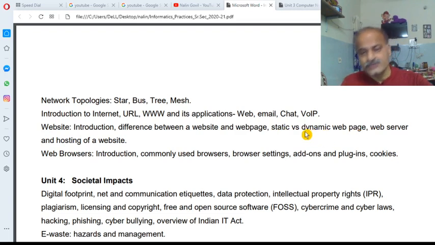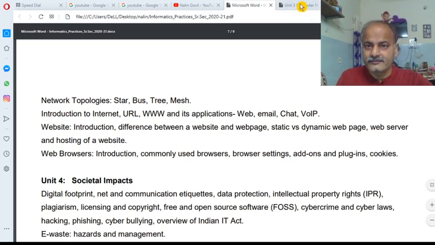While if you use DHTML, dynamic hypertext markup language, or a scripting language, then these create the dynamic web page, meaning that you can modify the contents of the web page. So this is the difference between the static and the dynamic web pages.